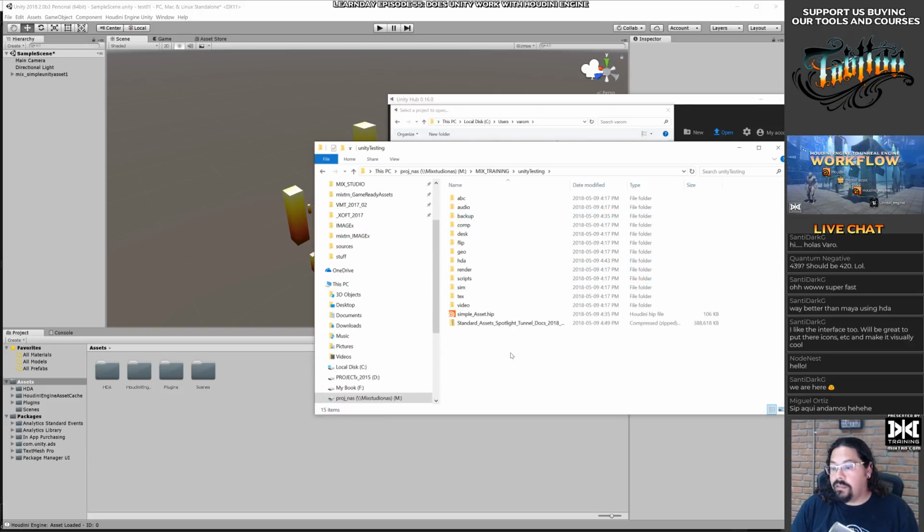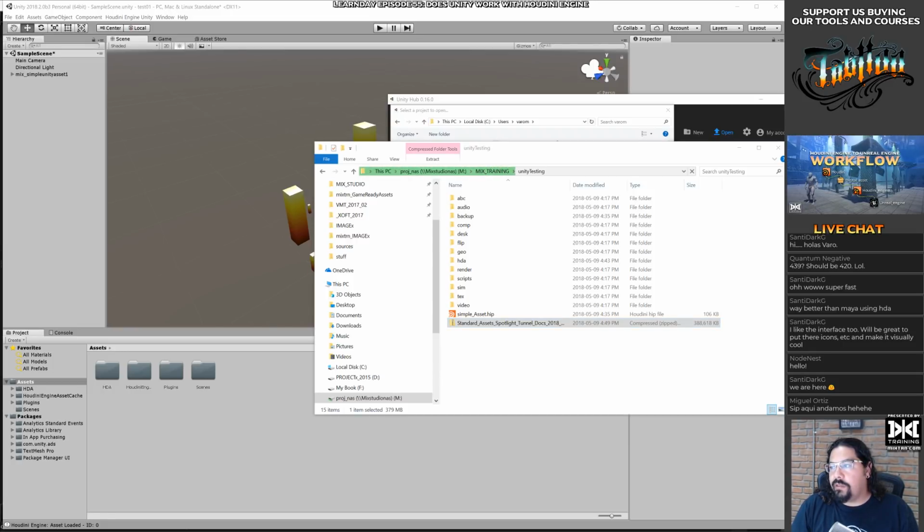Is that thing done? Where's my window? Download. Yeah, it's done. So what is here? I just want some shaders to see if we can assign those shaders from Houdini, which I know it's possible.